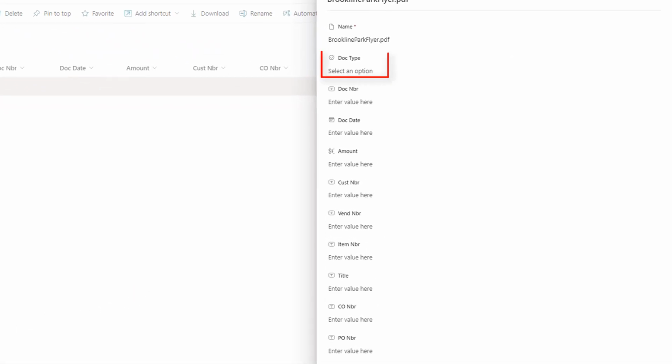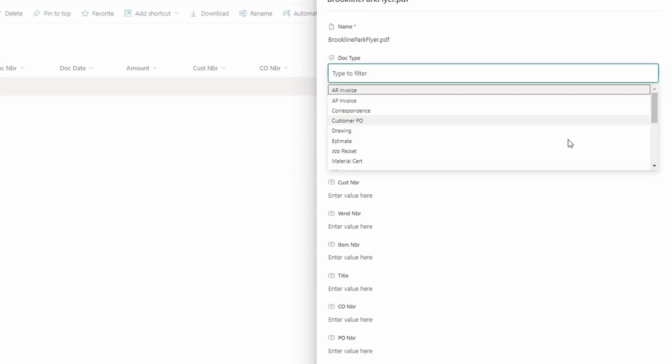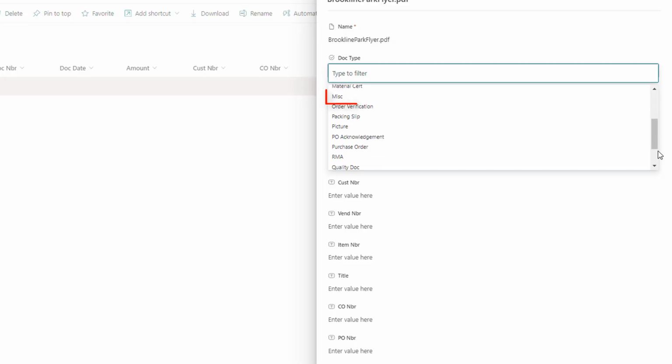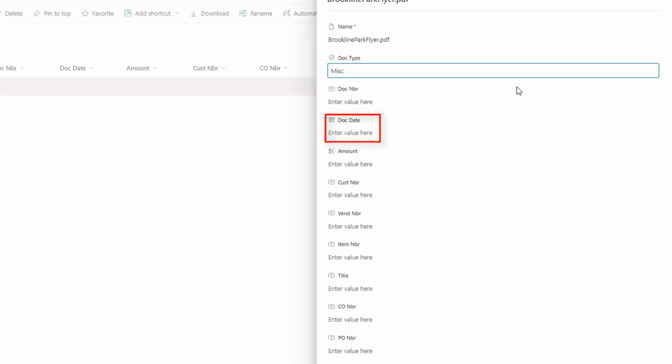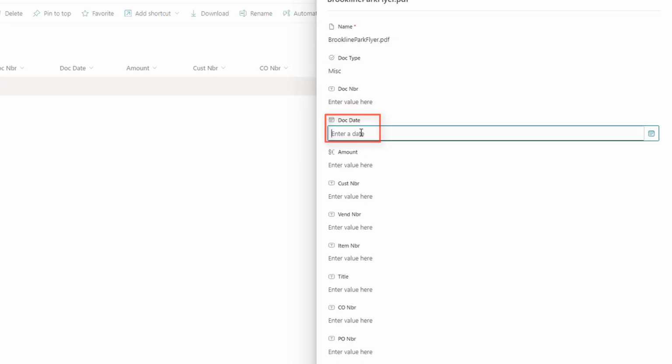Our first column is the document type. Notice that I've set this up for the user to select from a limited list of options. For this document, I'll select Miscellaneous. For doc date, I'll enter today's date.